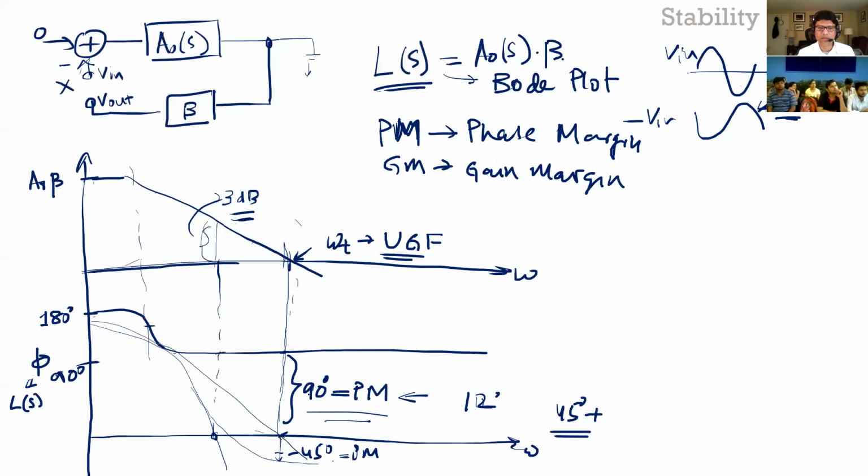So most of the time we'll look at the phase margin, because for example, if you have a single pole or double pole system, you may not have the phase going to zero at all before the gain crosses the unity gain frequency. Okay. So I think I'll stop here. And like as I said, we'll be